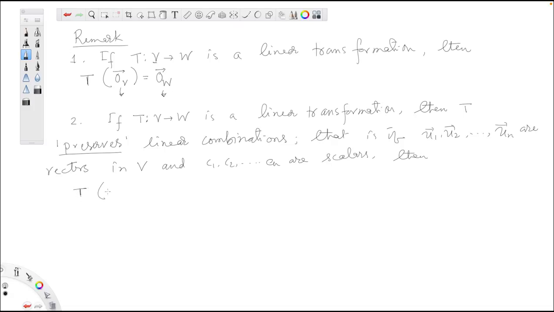the linear transformation acting on this linear combination of vectors in this vector space V, C1 U1 plus C2 U2 plus all the way up to Cn Un is going to be equal to C1 T of U1, okay, plus C2 T of U2 plus Cn T of Un. Remember that I said that it's important,